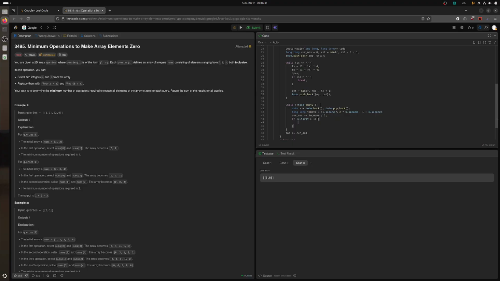So if after decrease we will still have to do something, then we want to do this. If this is the only number, so if to do empty, then we want to do push back to move. That's how many? No, x first minus 1 to move. Okay, and finally